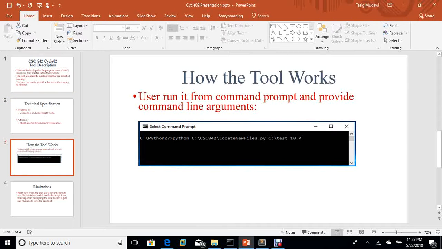How the tool works: basically, the user runs it from the command prompt and provides command line arguments. This is a sample run. I took a screenshot of it. I'm running it from the Python 27 folder. So you specify python, C, CSC 842, locate new files .py. This is where the script resides. And then you specify C/test. This is the folder where I want to check if there are any new or modified files